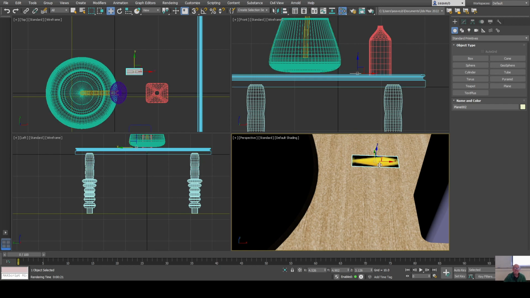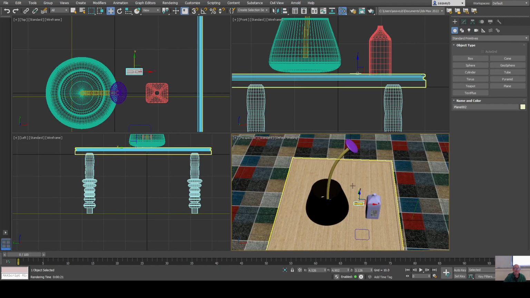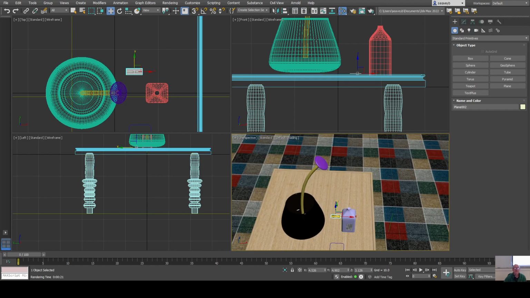So I would place this, right, and orient it with whatever the center of that thing is, right? So use the align tool and align that up with there. And that's pivot point to pivot point. That's okay, so I'm going to apply that, and I'll adjust it later. So I'm going to align the z-axes. That's all I need to do. And then I can move it myself, locally,